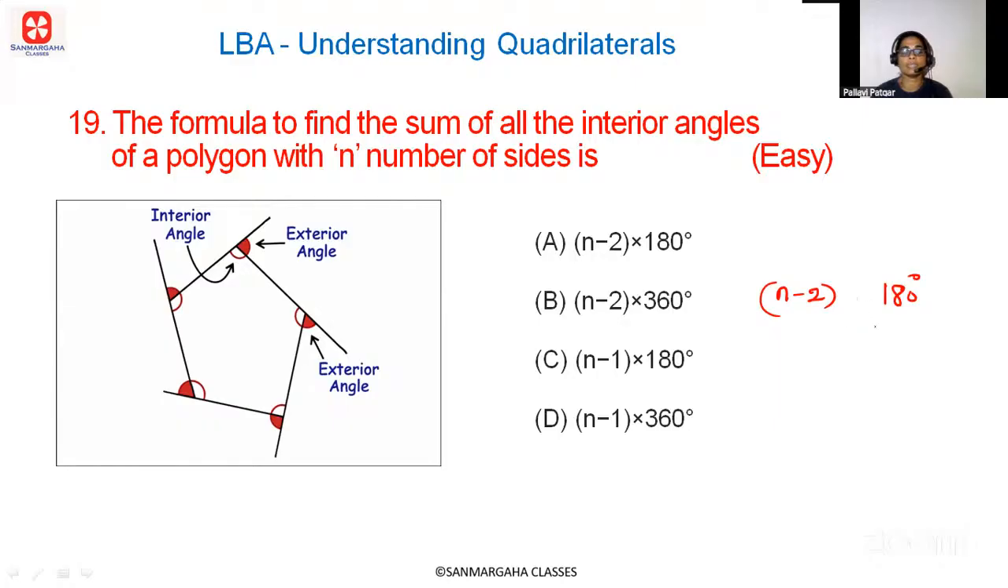Okay, so you multiply the number of triangles by 180 degree. So you get the